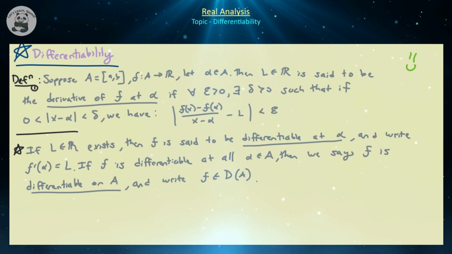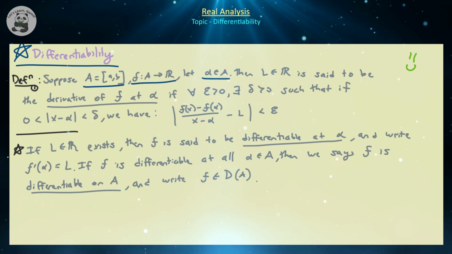Today we're going to be continuing our exploration of real analysis and discuss what it means for a function to be differentiable. We're going to begin as usual with a closed and bounded interval, [a, b], and let's assume that f maps that closed and bounded interval to the set of real numbers, and let alpha be a point in that domain. Then we say that L, a real number, is the derivative of f at alpha if,